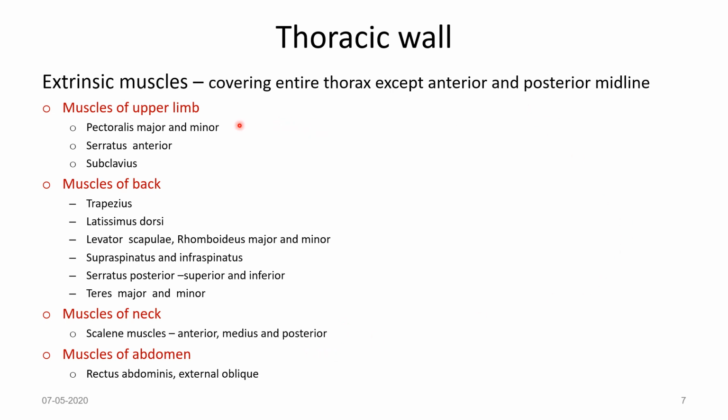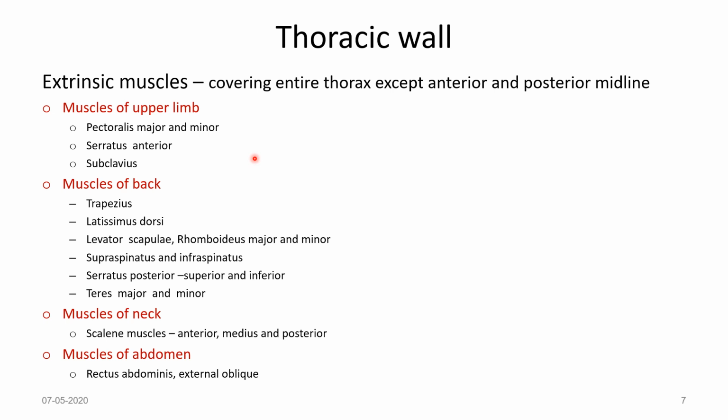The muscles of the upper limb are the pectoralis major and pectoralis minor, the serratus anterior and subclavius. The muscles of the back are the trapezius, latissimus dorsi, the levator scapulae, rhomboideus major and minor, supraspinatus and infraspinatus. Serratus posterior, superior and inferior,